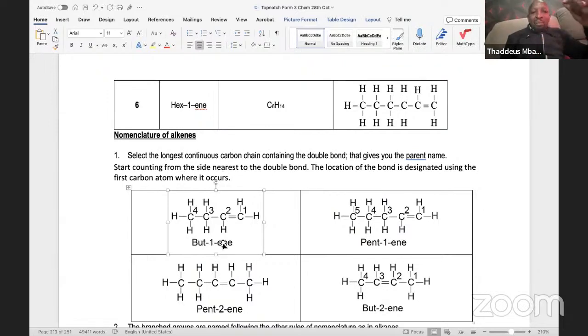And then you always remember, between words, between letters and numerals, letters and numbers, these are words, these are letters. Then you separate numbers and letters using a hyphen. That's why we are putting 1, and between ene and but, we are putting a hyphen, because those are the rules of IUPAC, that when naming and you're putting a number in a name, the letters and the numbers are separated using a hyphen.